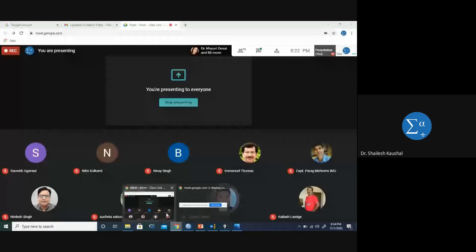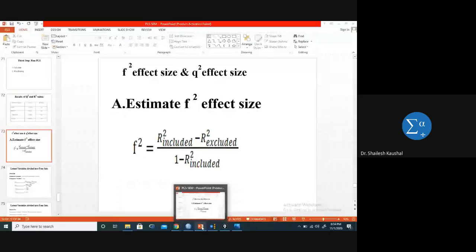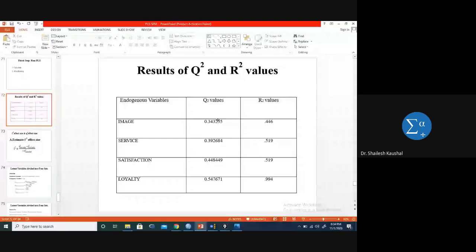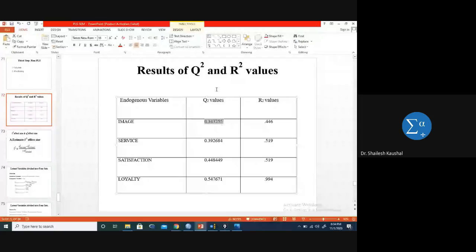Sir, Q square is basically predictive relevance. Q square basically is the predictive relevance, whether this value, meaning a high value, shows the model is able to predict something. Okay, or if you want to go into detail, we will provide you the book, so you can go through it in detail also. The book is written by the authors, and they beautifully explain the terms Q square